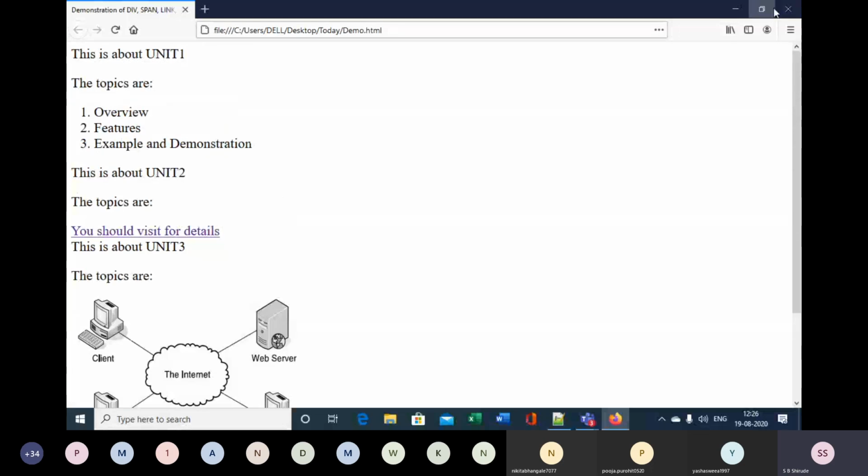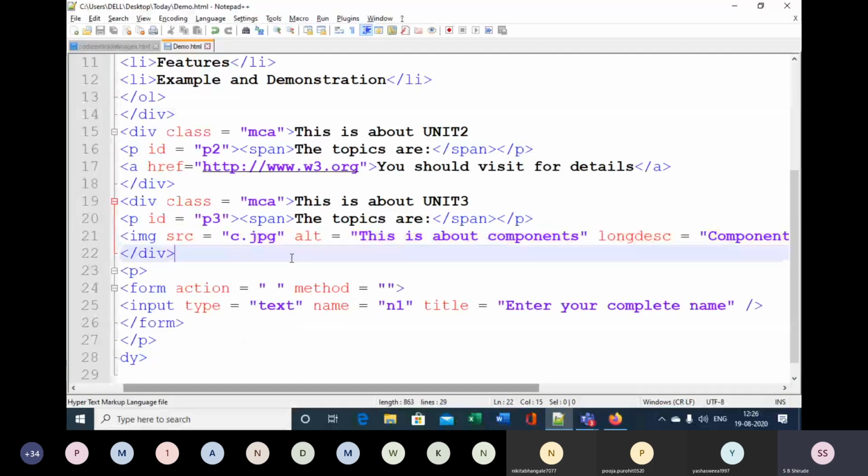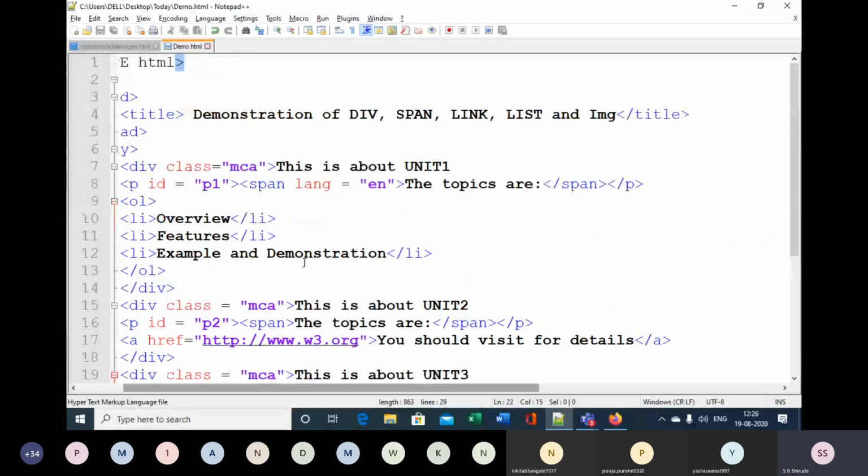So this way we have put here the div element, span element, link element, list element, and img element. With the help of examples, we learned how to insert comments, how to insert a title and meta tag, how to include the icon file, and then how to make use of block level elements such as heading elements, paragraph elements, PRE, block quote, and address.